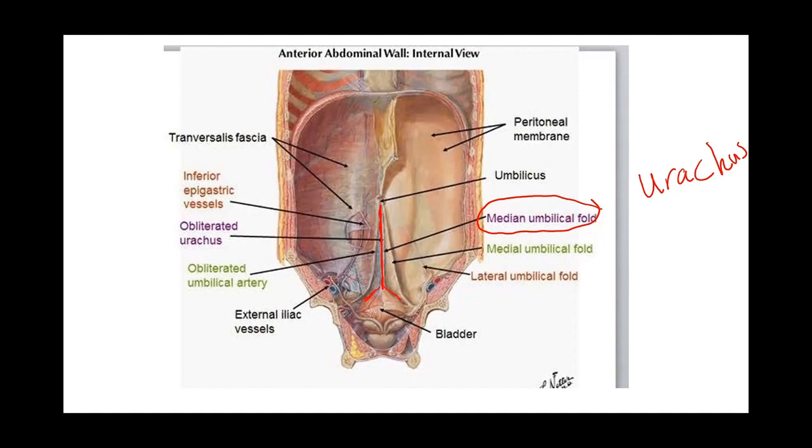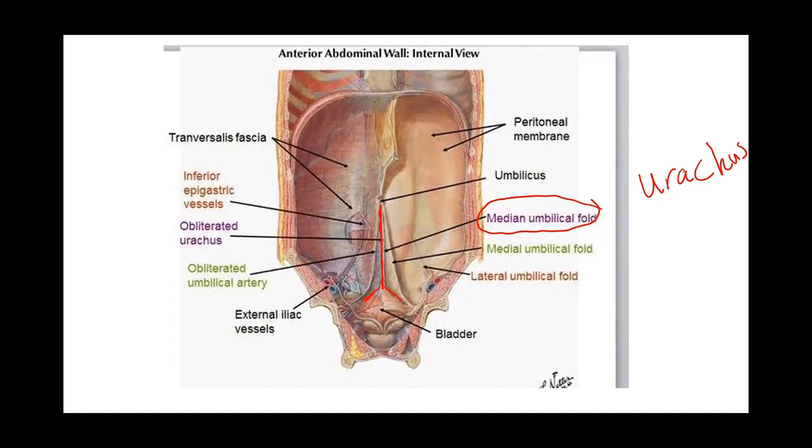I now thought of something, maybe a persistent urachus, and it's leading to infection into the bladder, because that persistent urachus could be either a persistent